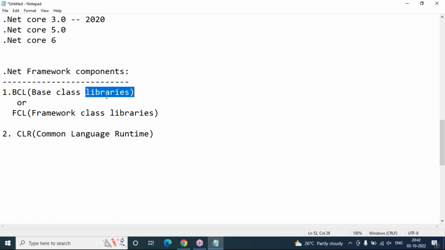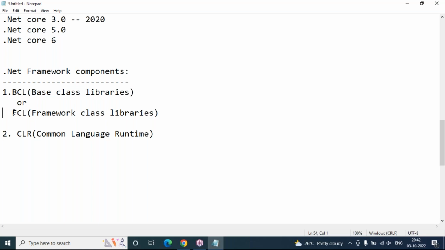So these are the base class libraries. Without base class libraries, we cannot write any .NET program code. It's not possible; base class libraries are compulsory. They are the building blocks of the .NET framework. If you don't install the .NET Framework software along with Visual Studio, then base class libraries will not be installed, and you cannot write the program. So this is the basics of base class libraries.